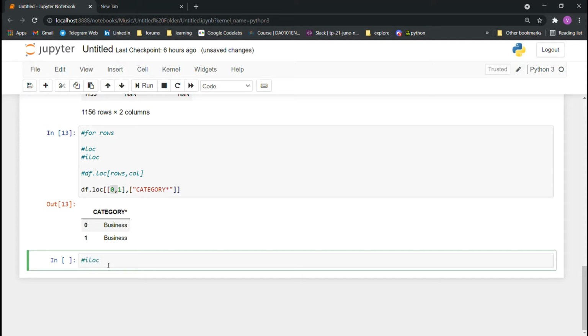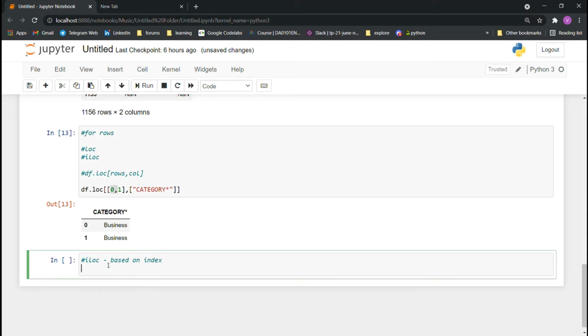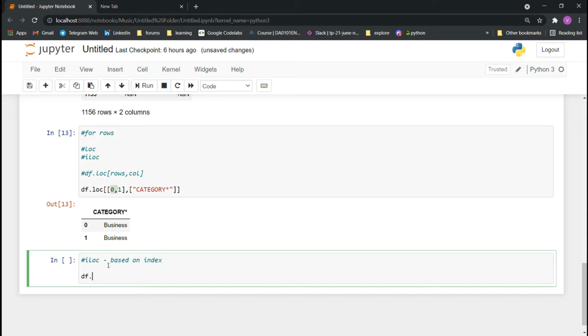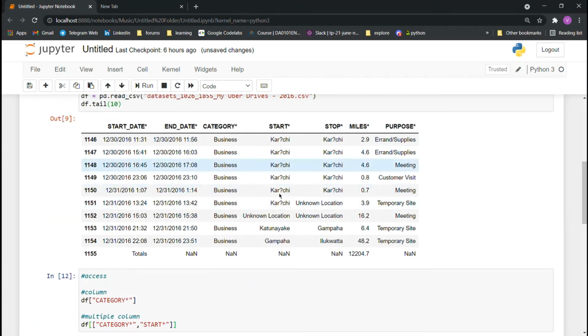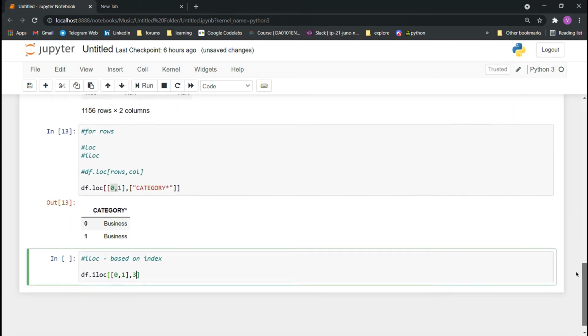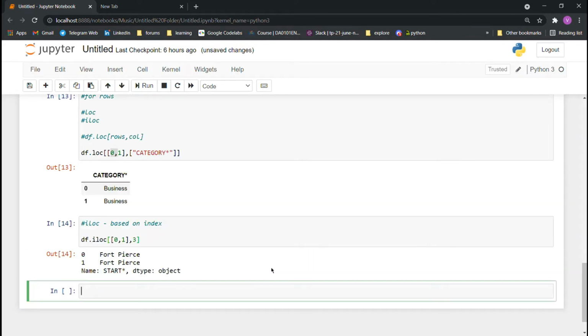So we use iloc to access based on index. df.iloc of the same 0, 1, and we will not use labels, we use the index of a column. So 3 is the start index.